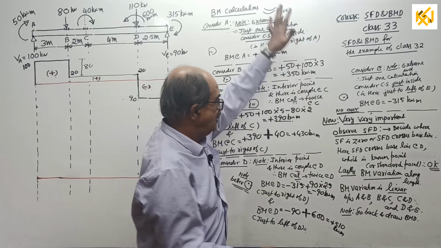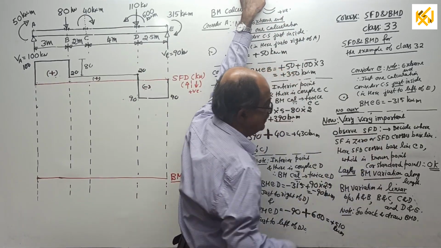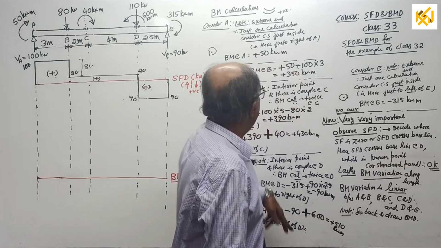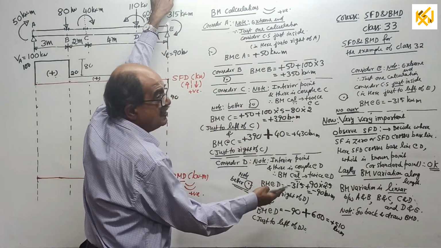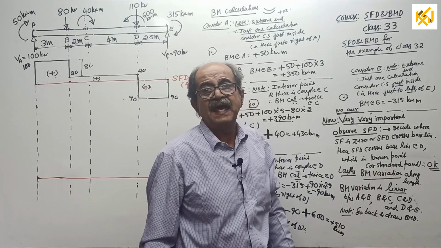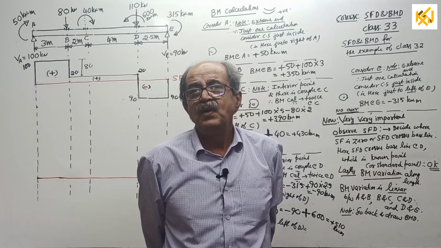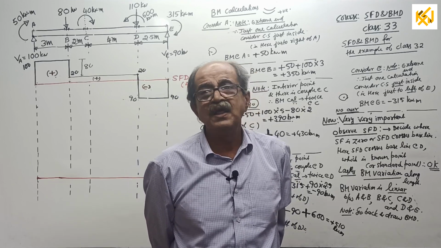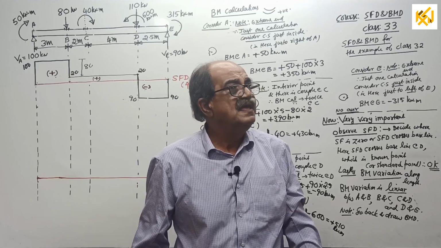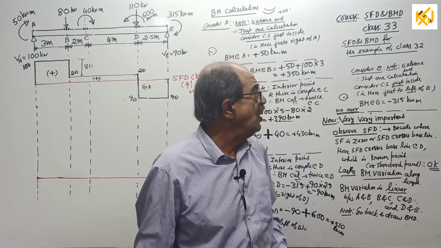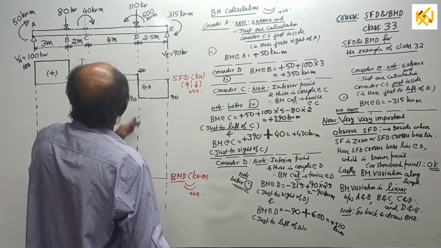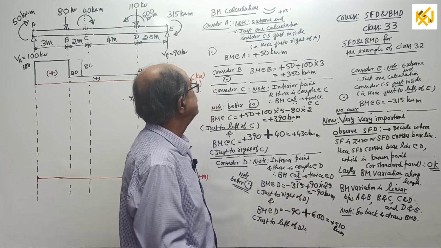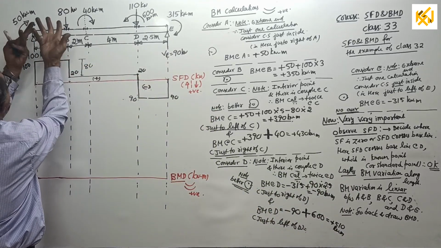Fortunately, today, that point D is a known point, standard point. Therefore, OK. OK means what? At the point D, bending moment is already known for you. That extra calculation of bending moment where SF is either 0 or SFD crosses baseline is not required for this question, because where SFD crosses baseline, that is the point D, BM already calculated. Lastly, variation. Between A and B, no load.